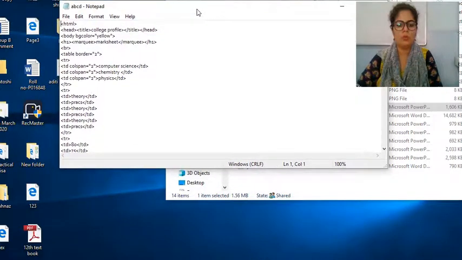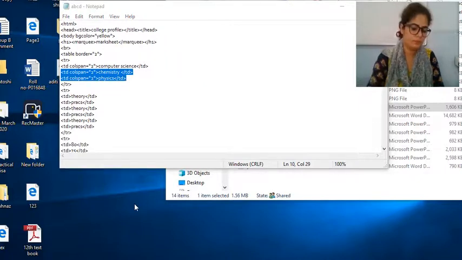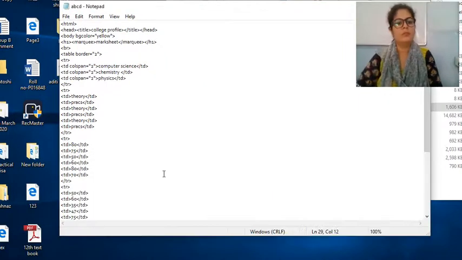See, this is the code. Let's start with this code. HTML, head, title, close head, close, body, bgcolor equals yellow. This tag is used to provide a yellow background color.